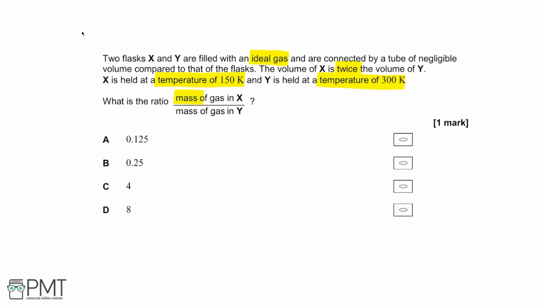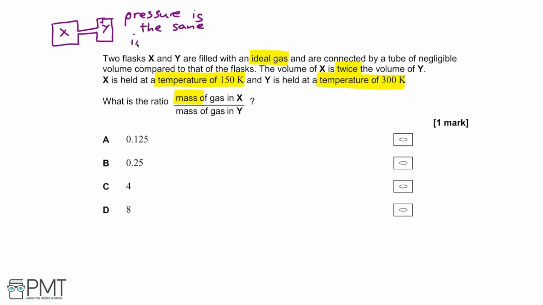To answer this question, we need to use the fact that we're dealing with ideal gases and that they're connected by a tube of negligible volume. In order for this system to be in equilibrium, we consider the 2 vessels connected to each other by this tube. Then what we see is that for the systems to maintain the same properties that they currently have, the pressure in each vessel must be the same. So if this was X and this is Y,